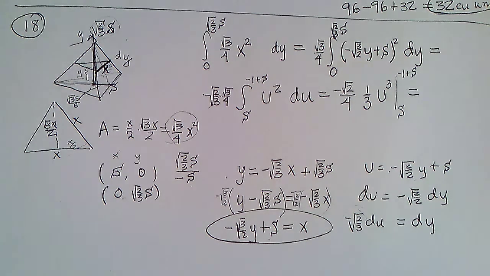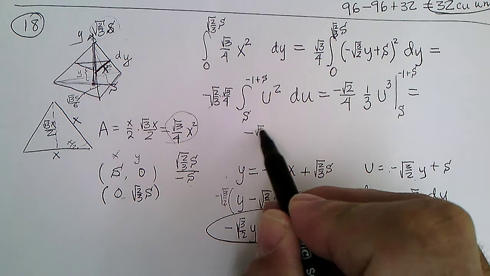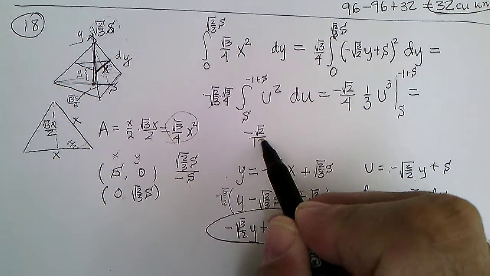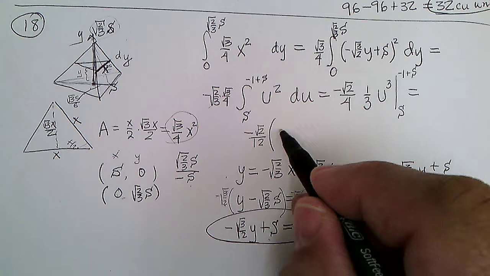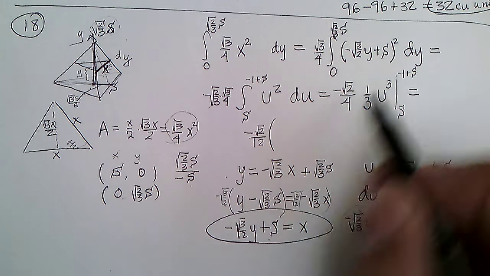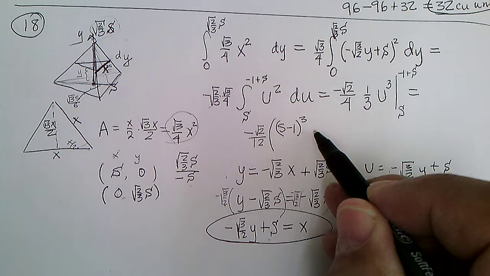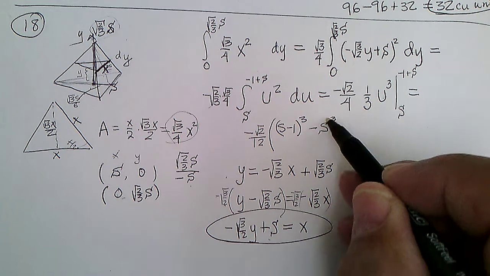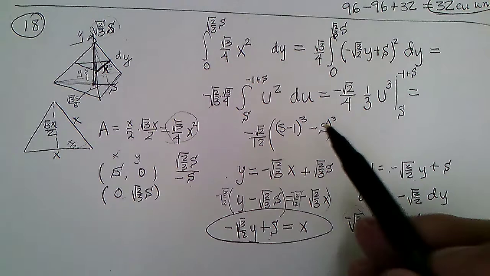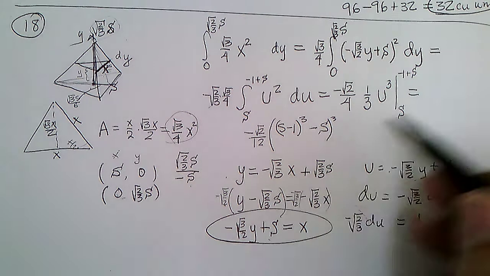And that would equal, let's see here, so that's negative square root of 2 over 12. And that would be minus 1 plus s is the same as s minus 1 cubed minus s cubed. And my s minus 1 cubed is